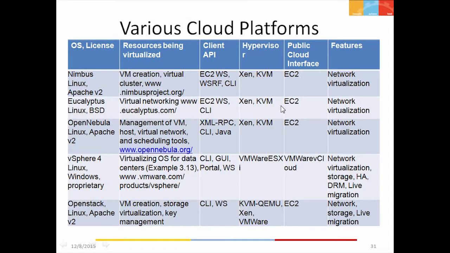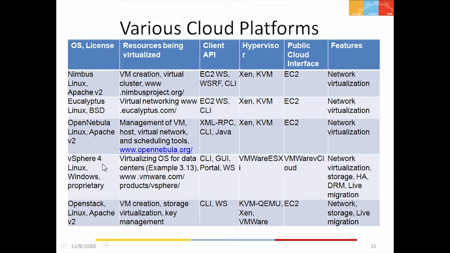Xen and KVM are supported, and so it is compatible with EC2. OpenNebula is another similar software for VM management. It also uses Linux and the Apache v2 license. It supports management of VMs, virtual networking and scheduling tools. It uses both KVM and Xen hypervisors. It is compatible with EC2.